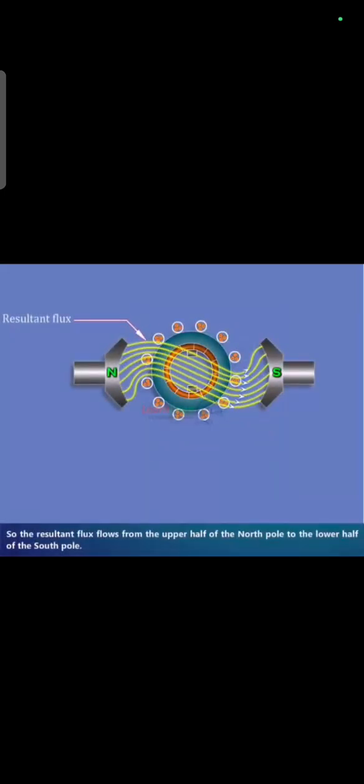So the resultant flux flows from the upper half of the north pole to the lower half of the south pole. Now the conductors are moving parallel to the flux lines at an angle theta, hence no EMF